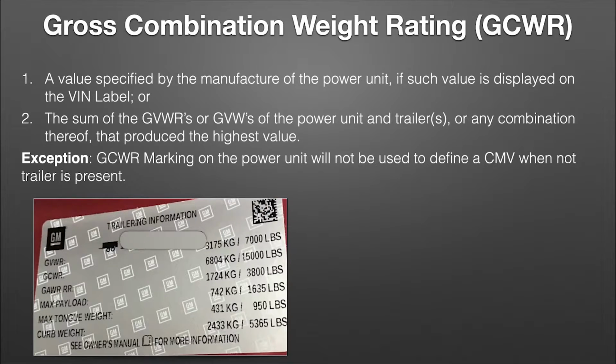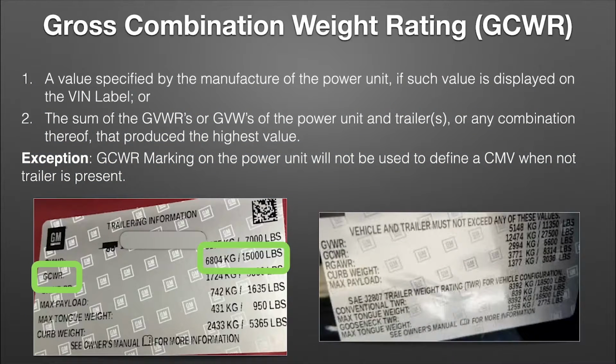Gross combination weight rating has two options. It can be, number one, the value that's specified by the manufacturer on the power unit if such value is displayed on that VIN label. So we see down here on this VIN label that we have, we would see the gross combination weight rating of 15,000 pounds. And then in the second example that I've got up here, we can see a combination weight rating right here, GCWR, with a weight of